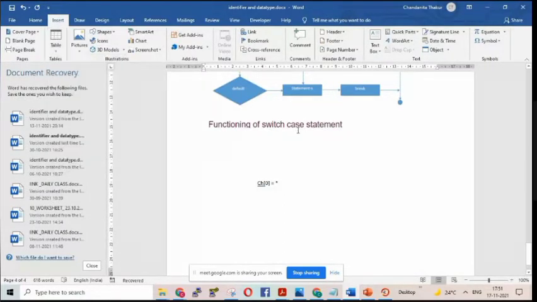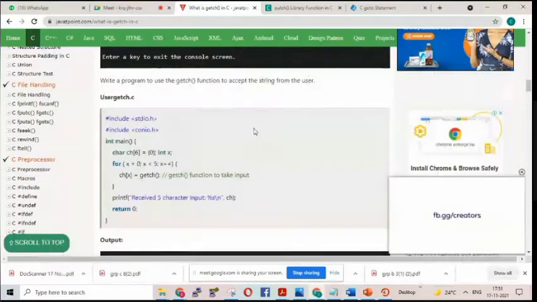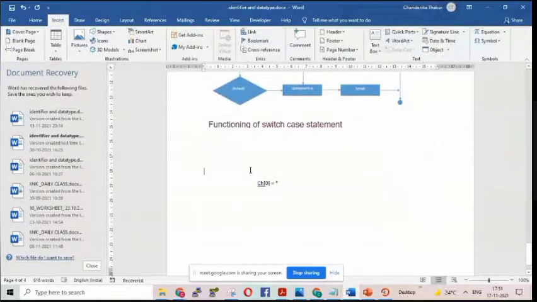Why go for complication? I will just write this code in a different way. Let me not take any for loop. I am just writing getch. You neglect the capital letter, because capital letters are not acceptable in Turbo C. It is case sensitive, so I must give all the keywords in small letters only.